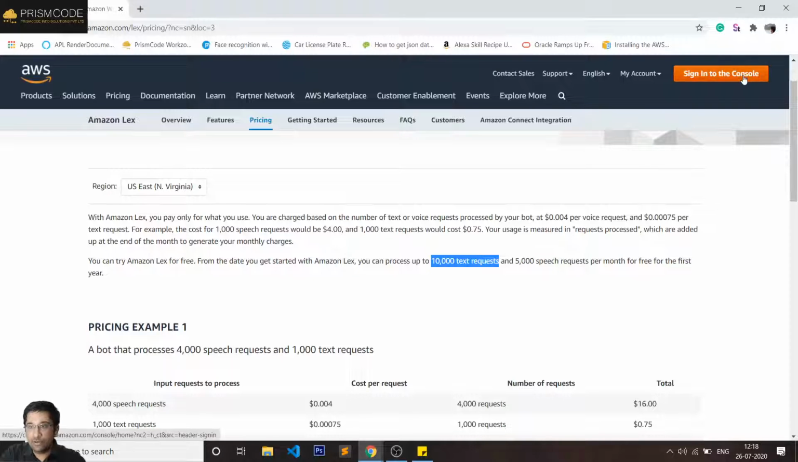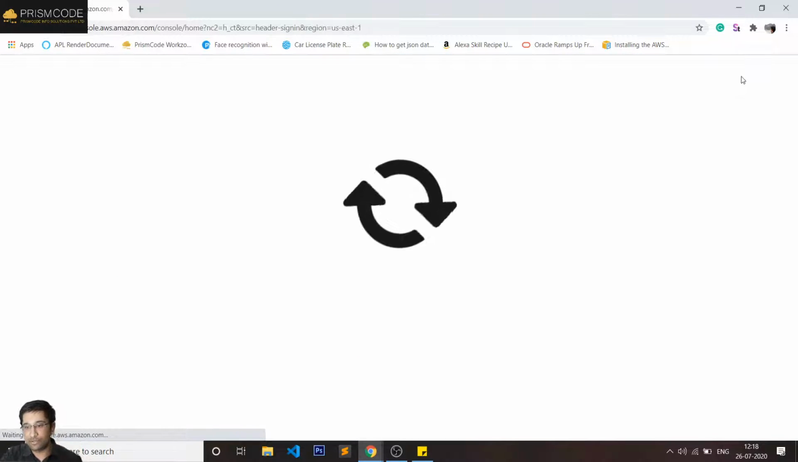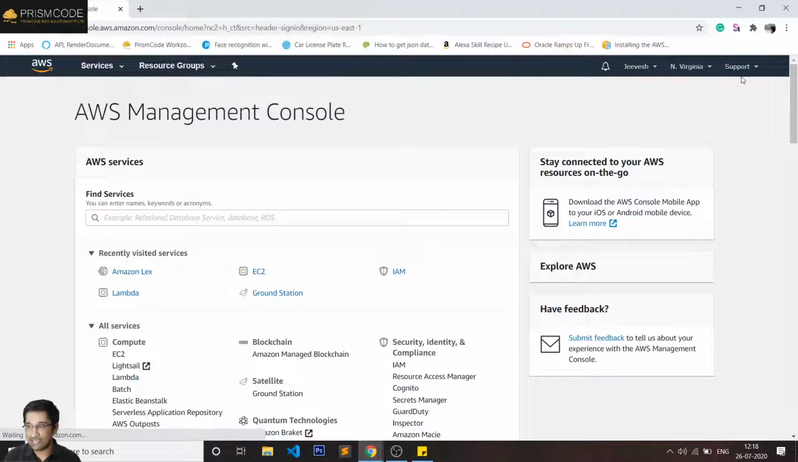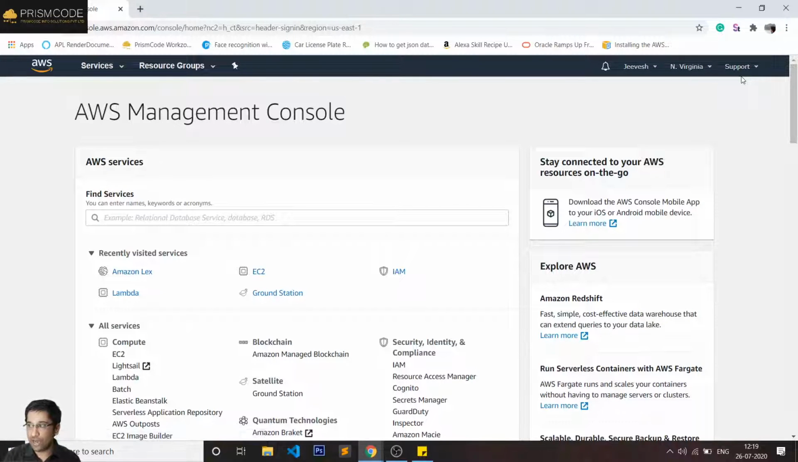So I'll just quickly go sign in to the console. If you've created your AWS account, you can see the same screen as I can. So once you are inside the console, what happens is that